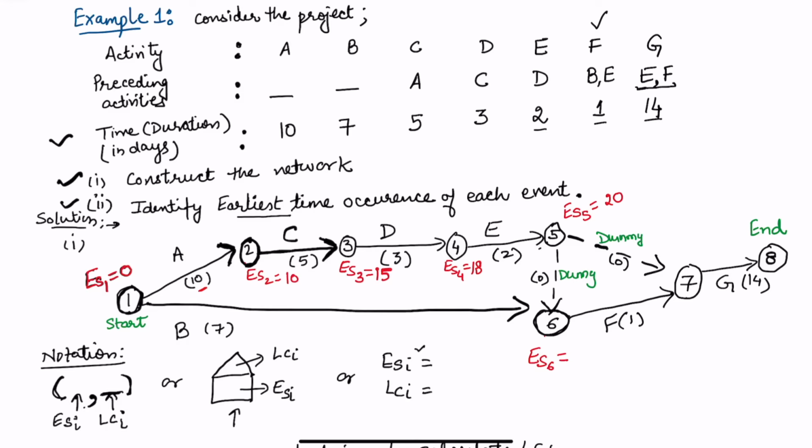Okay, when I reach node 6, at this stage, you see that there is a dummy activity coming up like this, and also there is an activity B. So this is the activity B that is coming up. F can start only when E and B both are finished. So this time will be dependent on the ES5 also and the previous node. So in terms of nodes, if I need to calculate the time of 6, the previous node for this is 5, and on this side it is your first node.